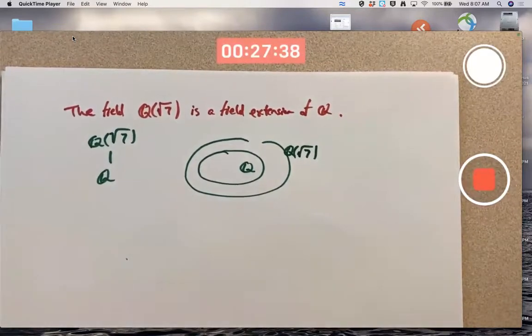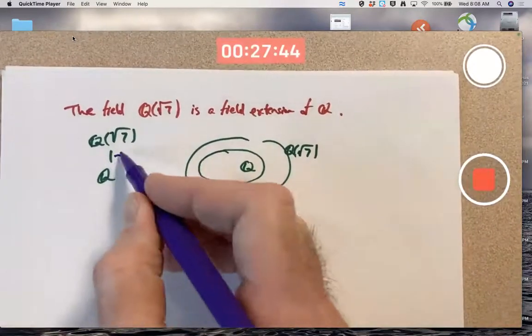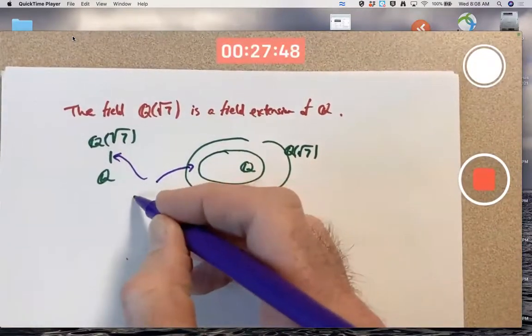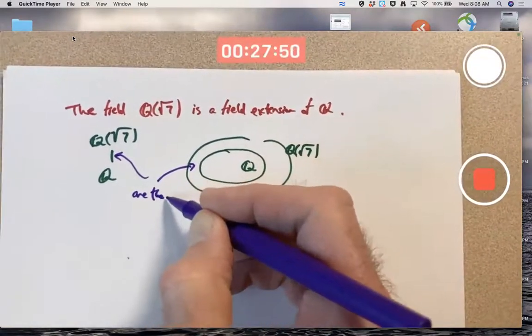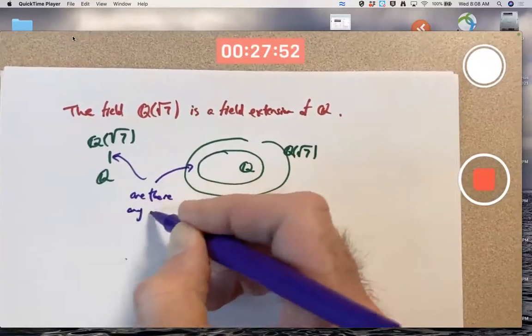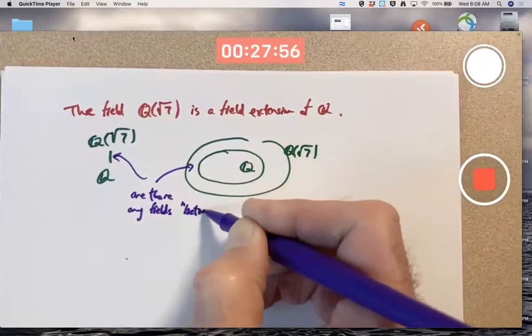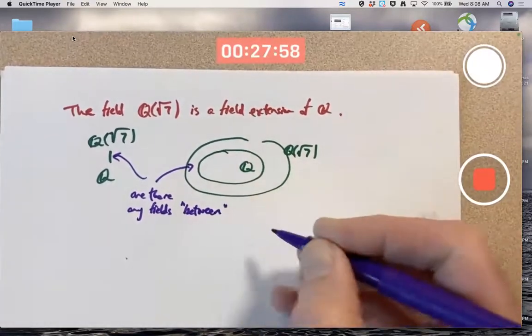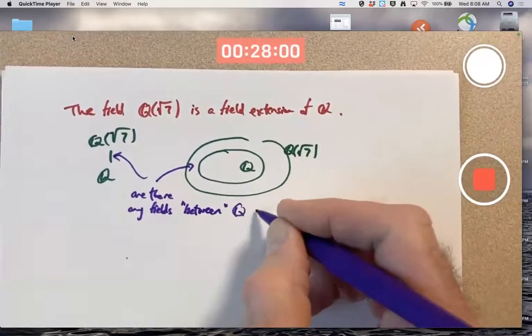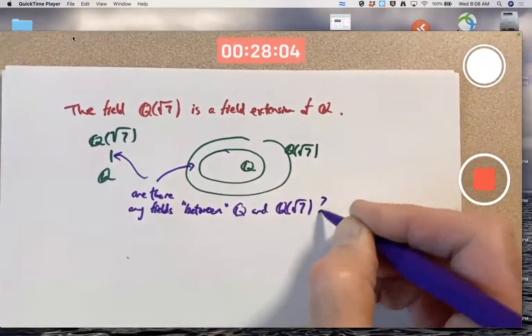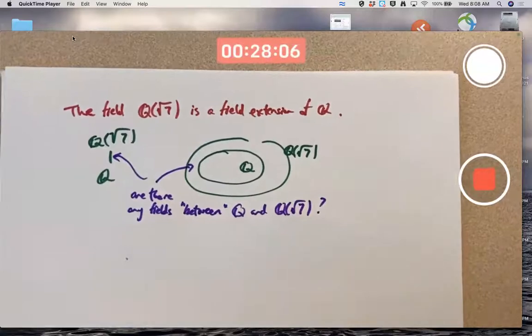And I could also ask a question. In this tower of fields or in this diagram, are there any fields between Q and Q adjoin root 7? In other words, i.e.,